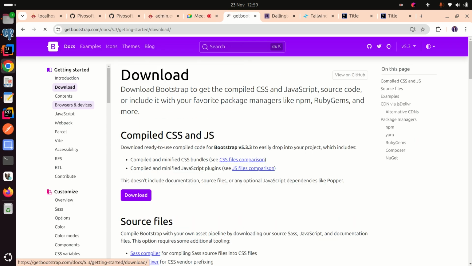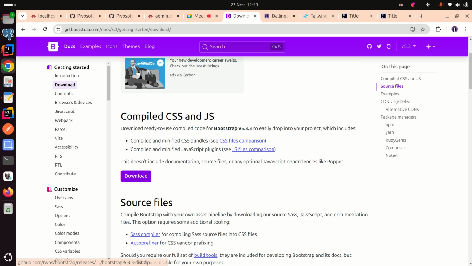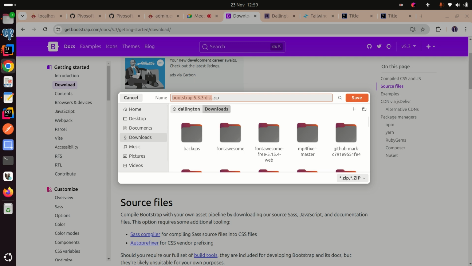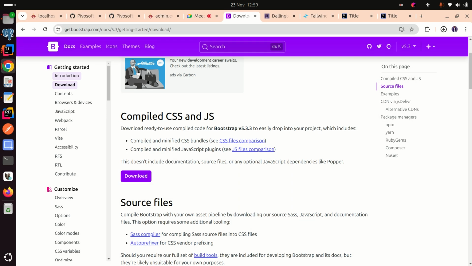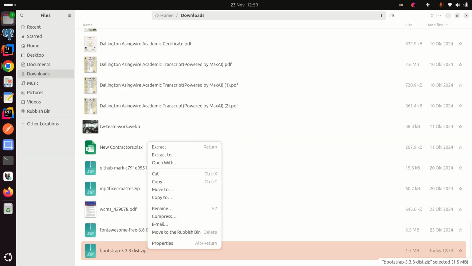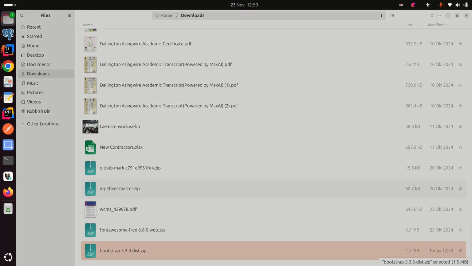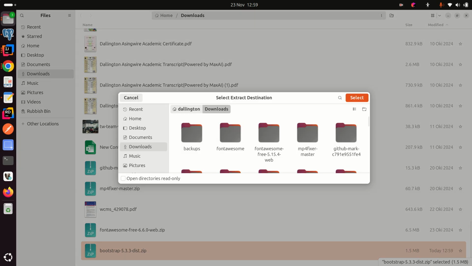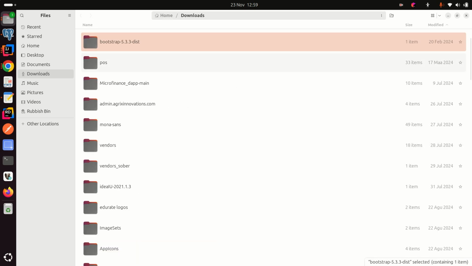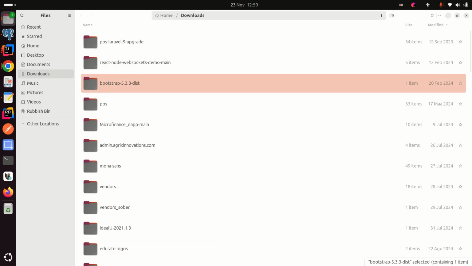So I'm going to come here and then you download. You are going to download Bootstrap, and maybe I save it in downloads. When you save it in downloads, it's done here. I locate it here, so it's a zipped file. I unzip here. I just want to extract here. So when I extract, it's here, Bootstrap